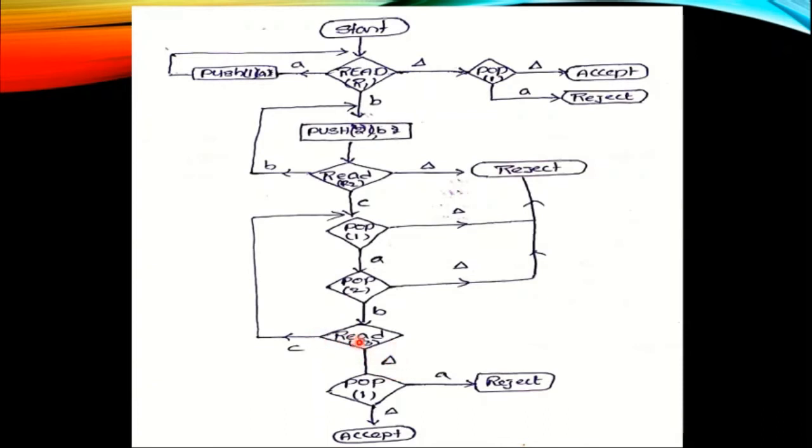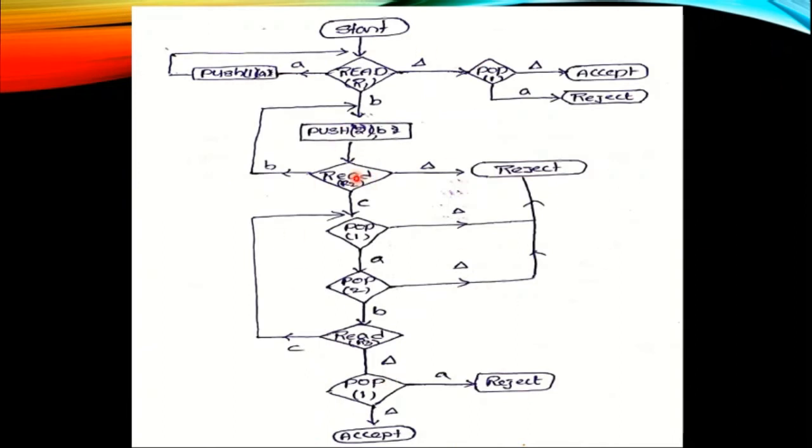So that means whenever we are reading R3, after completion of the number of A's pushed into stack 1, after completion of the number of B's pushed into stack 2, and after performing the pop operation on both stacks when reading the number of C's, we perform the pop operation from both stacks, then we read delta as input, then we perform the pop operation, and if the top of the stack is empty, then we say that it is accepted. In case the top of the stack is either A or B, then we simply say reject. So this is the pushdown automata, or two-stack PDA, for the given language.